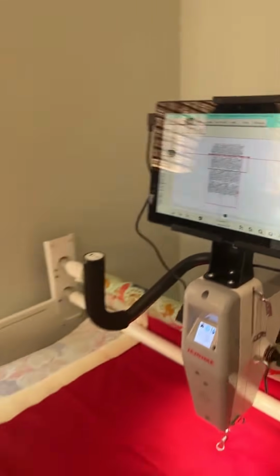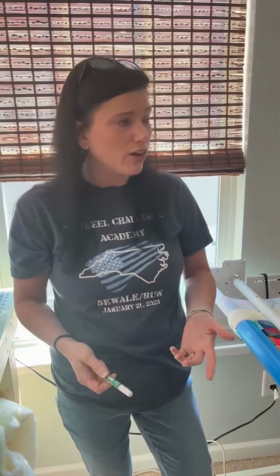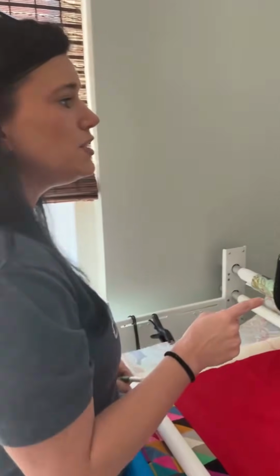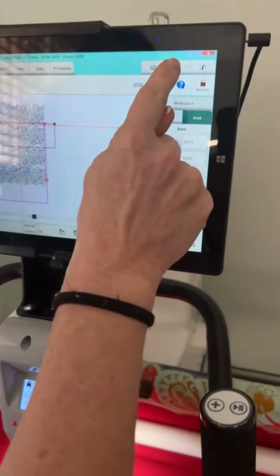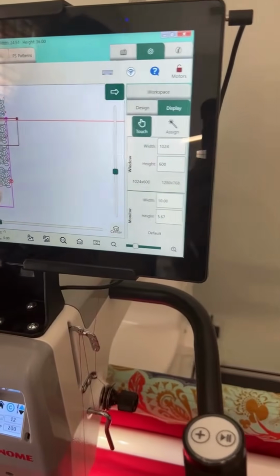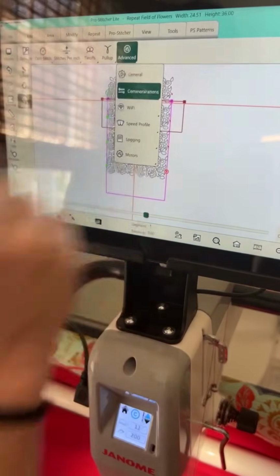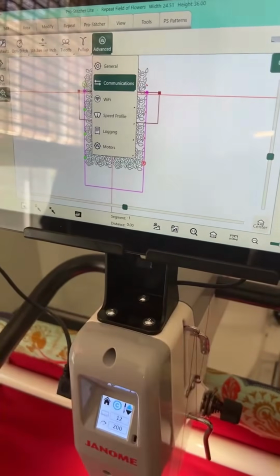If not, right now, if you have the Connect on your QM15, what is going to happen is you're going to get that error message that says design or crosshair out of frame space, and it locks your machine up and you can't move it even after you X out of the error message. So if you get that error message, what you are going to have to do is go to your settings icon, to advanced, to communication,